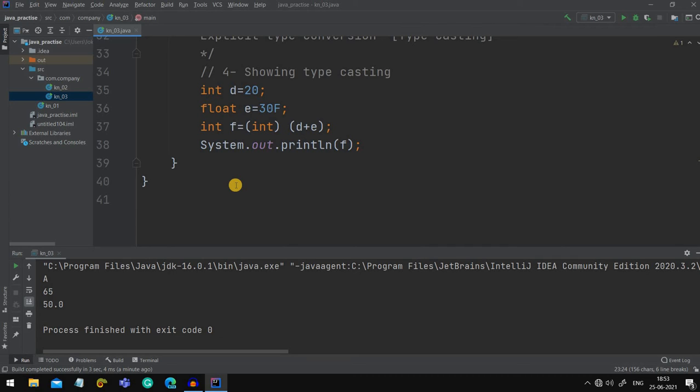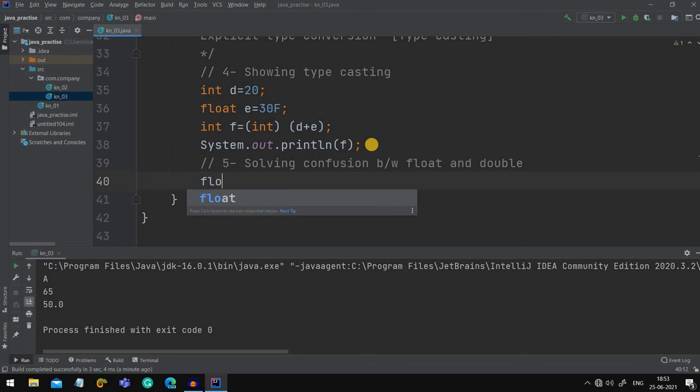Now let me tell you one more thing. For float and double, there is a lot of confusion many times. This I told you last time also. Solving confusion between float and double. See, both of them store the decimal value.